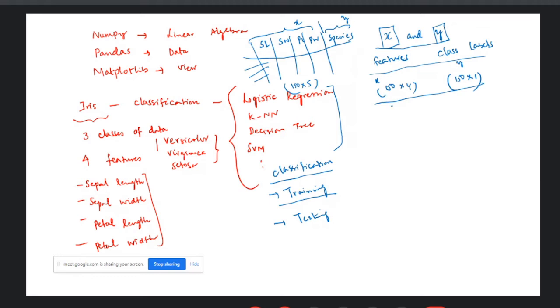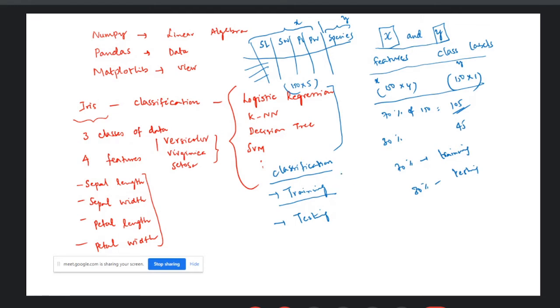In general, we keep around 70% of the data in the training part. 70% of 150 is around 105 rows, which we keep for training, and 45 rows we keep for testing. So 70% we use for training and 30% for testing. It can even be 60-40 or 75-25.